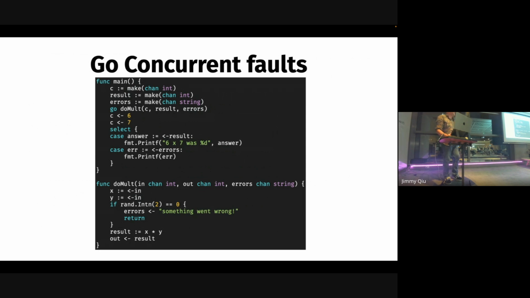If you wanted to handle that a bit nicer, you have to do a bunch more plumbing. You have to create a separate channel for getting errors back, or use the same channel, but you've got to do some weird stuff because the channels are typed and you can't have a result and the error coming back through the same channel unless you use a weird interface thing. Then you select the error coming out of there. That'll work, but it's a lot of work to actually get it running.